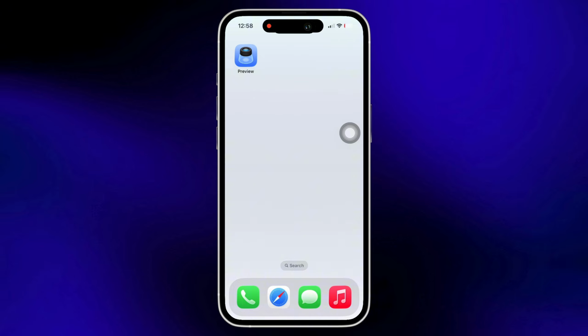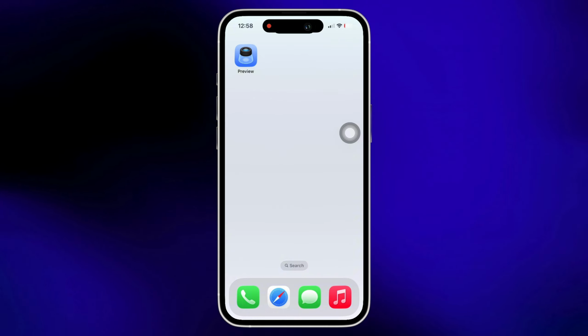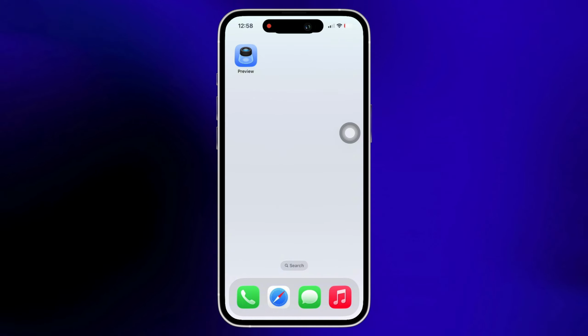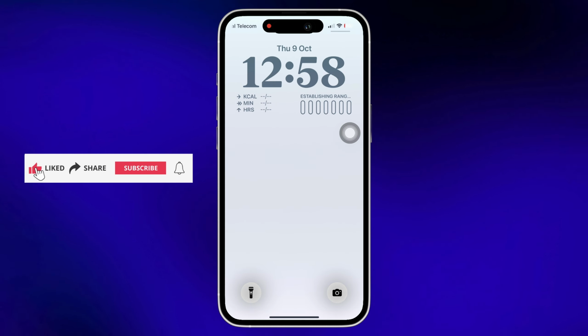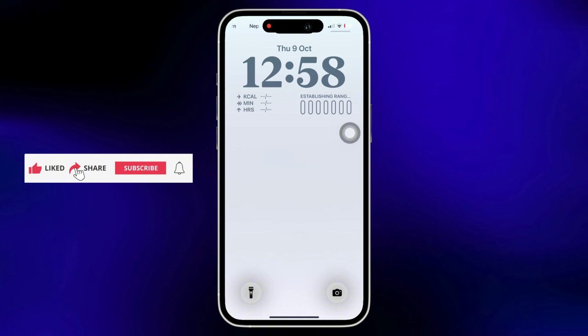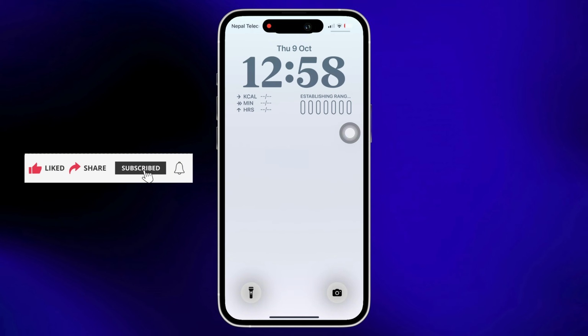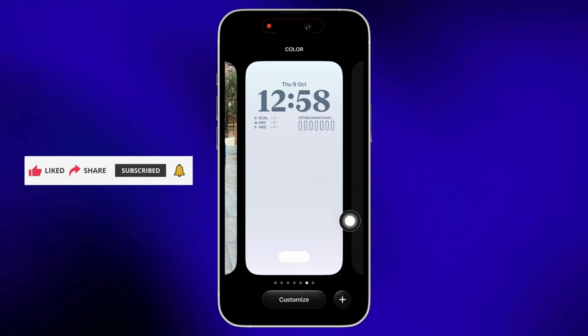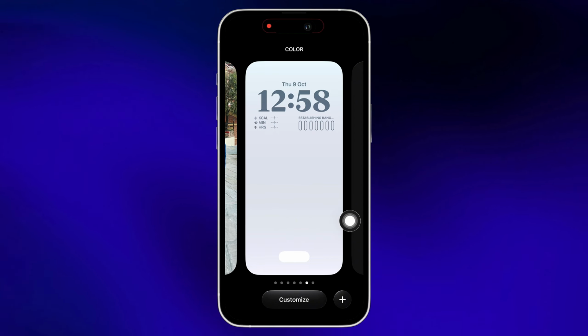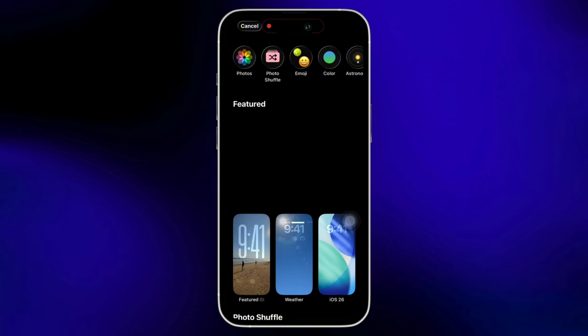Now let's get right into the tutorial. Firstly, go to your home screen and swipe down from the top left of your screen and you will be led to your notification center. Here, tap and hold on the screen and you will see the plus icon there. Tap on that plus icon on the bottom right of your screen and you will now be able to add